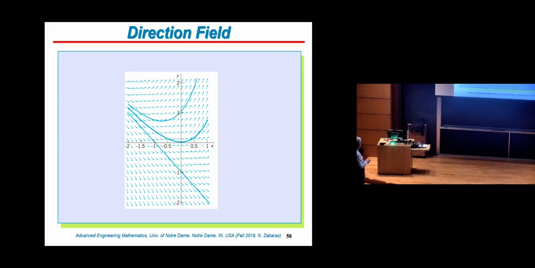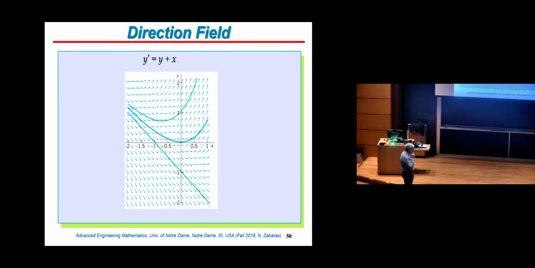Okay? And so let me see, what is the simple differential equation? It is y prime equals y plus x, or y plus t. Okay? And again, how did I calculate this direction field? I took basically the right-hand side, and I evaluated it for different x's and y's, okay? And I plotted y prime, all right, with these little arrows. And effectively, you know what you plot? You plot what is called isoclines. You know the word iso in Greek? What does it mean, isocline?